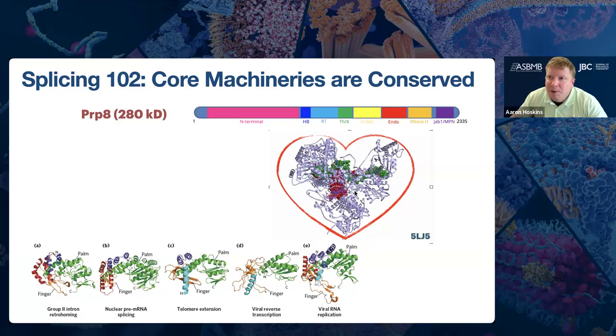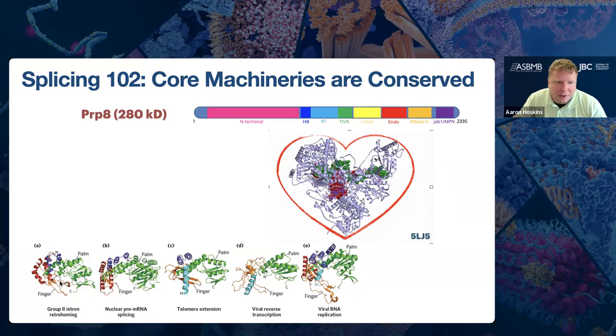It's the largest and most conserved protein in the spliceosome and one of the most conserved proteins found in eukaryotic nuclei. And it contains a number of domains all stitched together. I'm going to call your attention to a reverse transcriptase domain. And this is work from Lininger, but it's inspired by work from Navtor and Anna Marie Pyle, showing